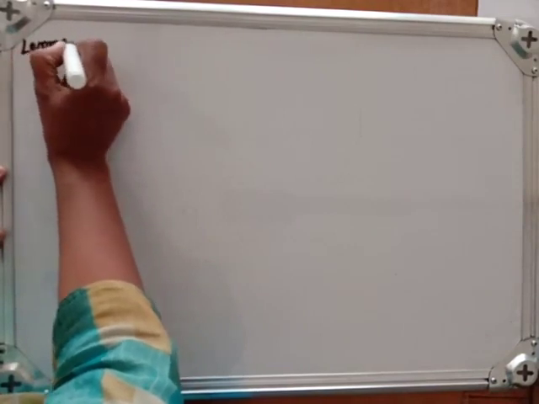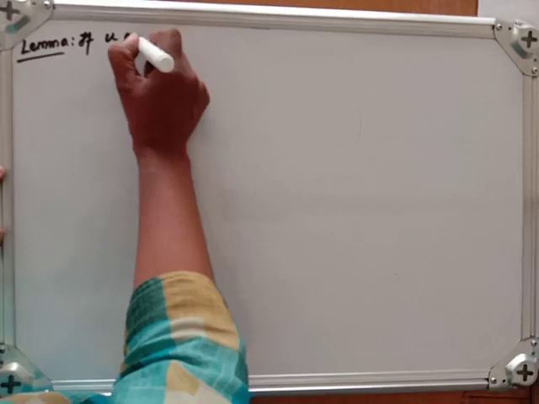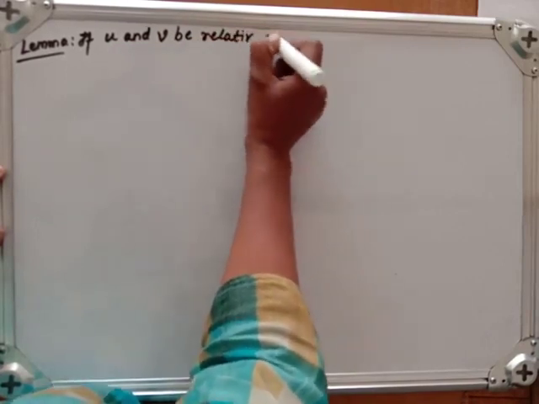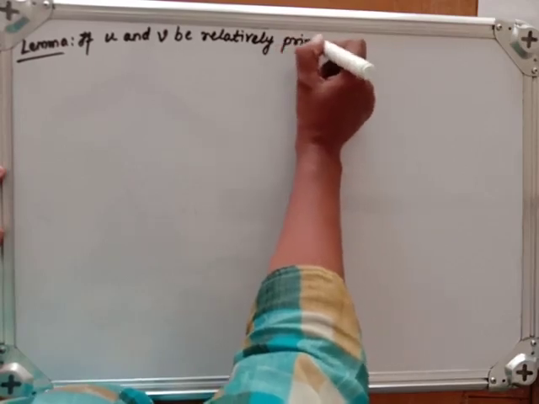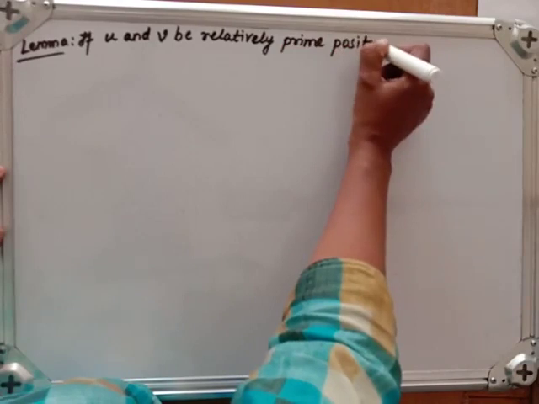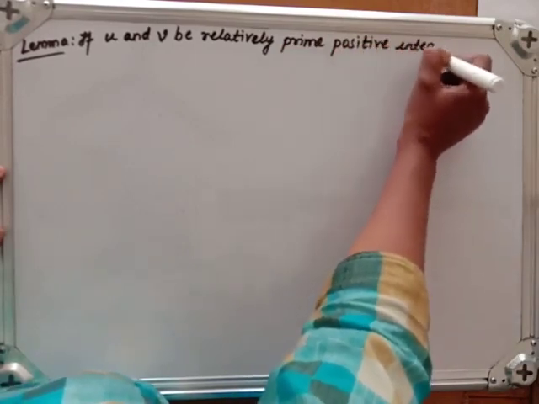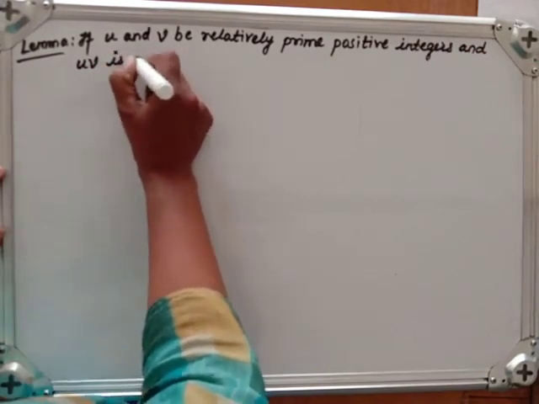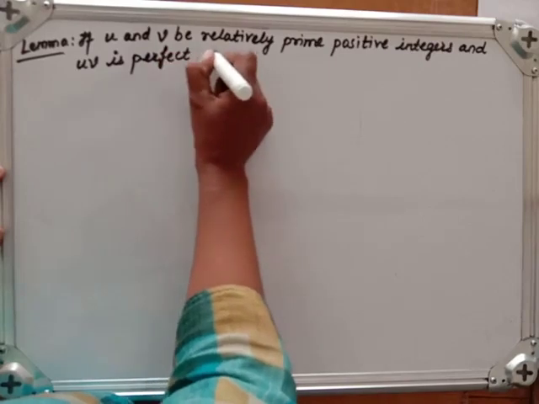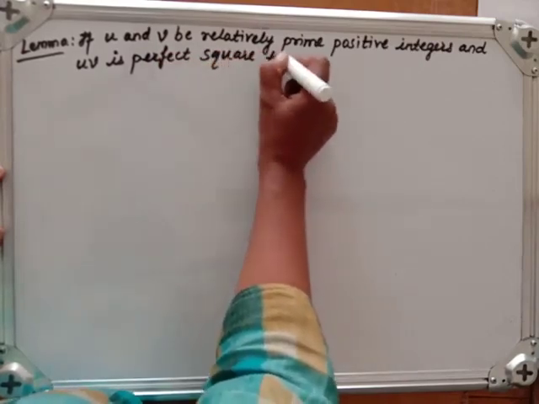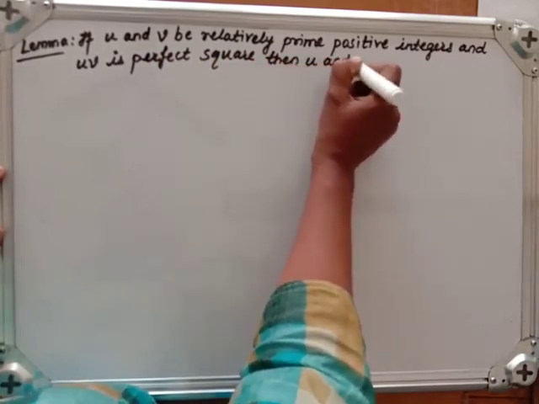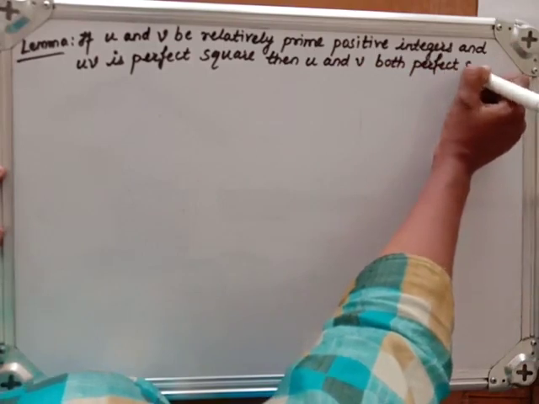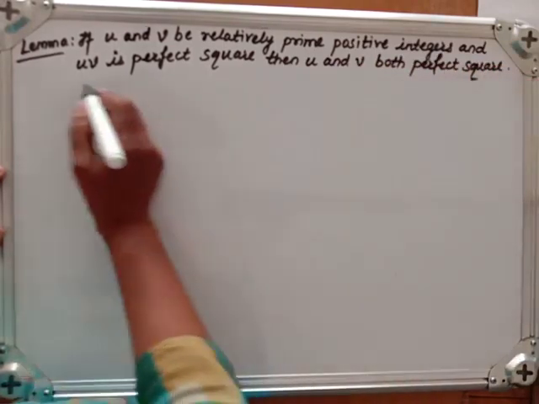So lemma: if U and V be relatively prime positive integers and UV is a perfect square, then U and V both are perfect squares. Okay, so proof: